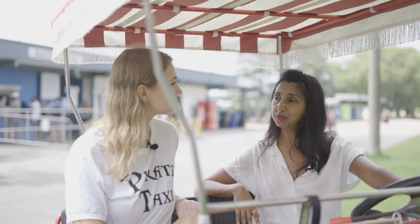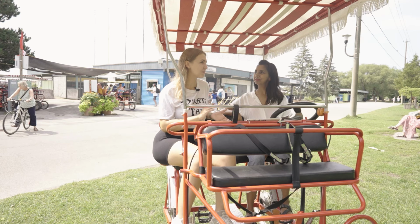The four-seater quads are $38. And the tandems, the one behind the other, are $19 per hour. Awesome. Great. Perfect. So one other question that I have, is there any minimum age for the single bikes, or